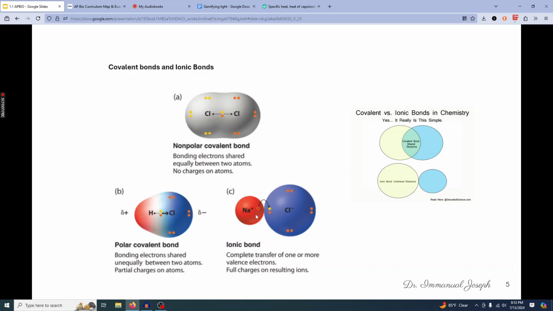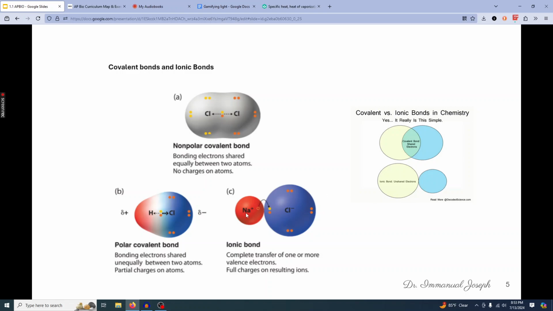Once an atom gives or gains an electron, it becomes positively or negatively charged, and it's called an ion, right? So a positively charged ion, which is sodium, interacts with a negatively charged chloride ion, and they are held together by that force of attraction between positive and negative. That is called an ionic bond, because 2 ions are